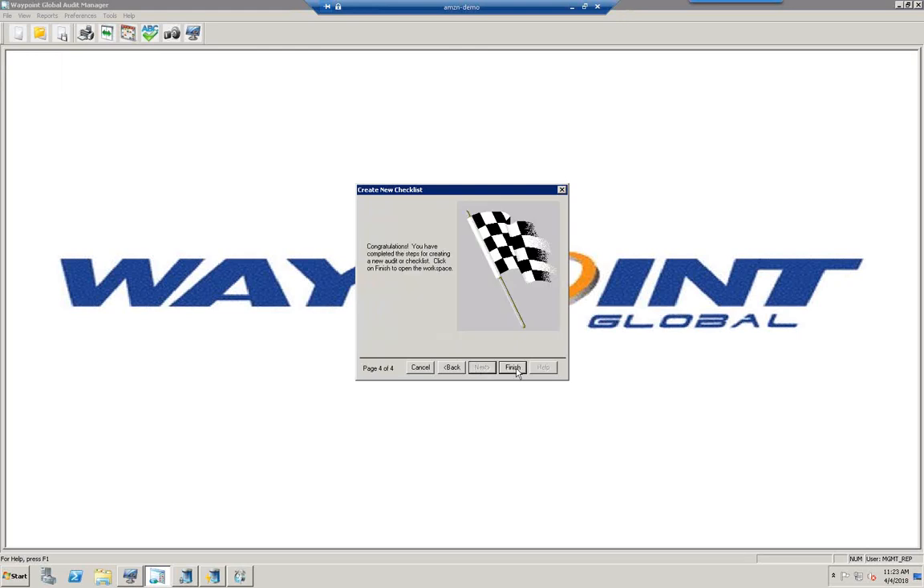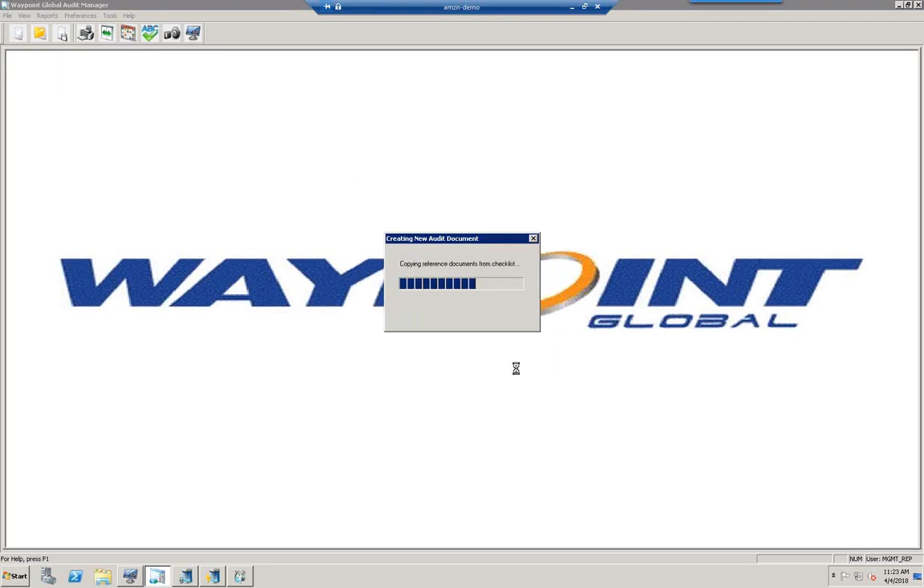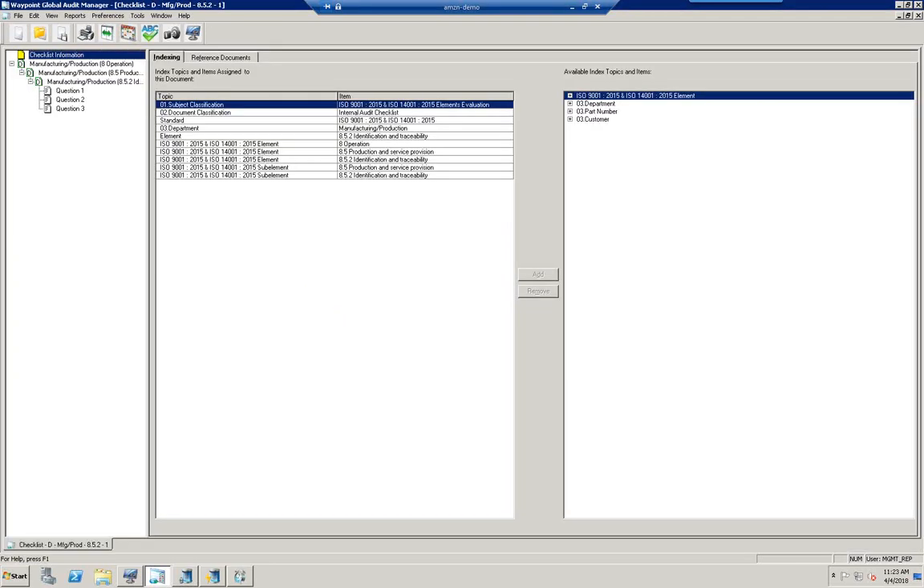And then I'll click the Finish to complete the setup of the checklist. Now this is using all of the questions from the original content that is included as part of the template pack. So immediately our checklist is presented to us so that now we're ready to customize any of the questions in